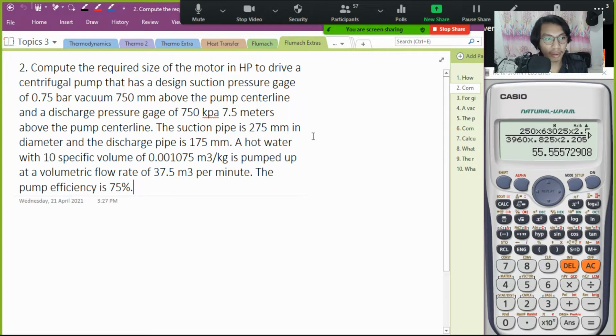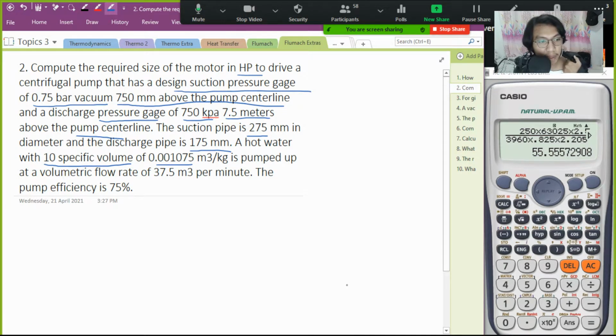How about this one? Compute the required size of the motor in horsepower to drive a centrifugal pump that has a design suction pressure gauge of 0.75 bar vacuum, which is 750 millimeter above the pump center line, and the discharge pressure gauge of 750 kPa, 7.5 meters above the pump center line. The suction pipe is 275 millimeter in size. And the discharge pipe is 175 millimeter in size. A hot water with specific volume of 0.001075 cubic meter per kilogram is pumped at a volumetric rate of